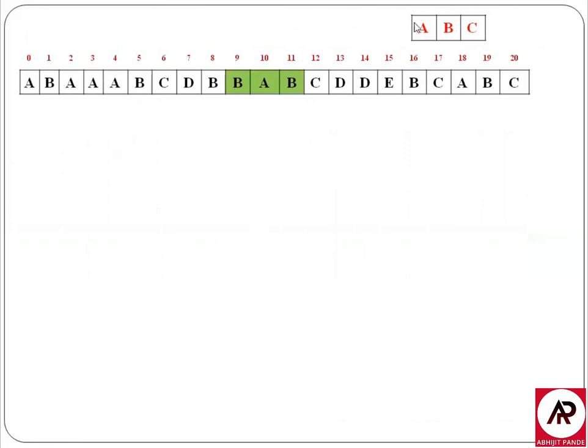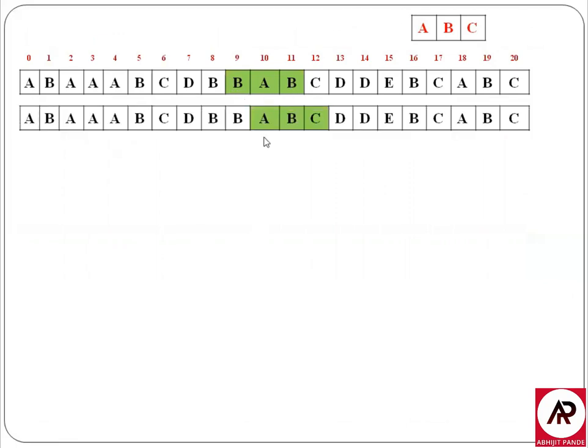Compare the first character of our pattern with the first character of the window. Here it does not match. We have to shift the window. When we shift the window, compare the first character of the pattern with the first character of the string. Here the first character is A. Next, compare the second character. The second character is also the same. So in that case, we have to compare the third character. The third character is also the same. It means that all the characters present in the pattern are equal to all the characters present in the string. That's why we can say that the position of A, that is the start of the window, is 10. So the ABC pattern is present at position 10.